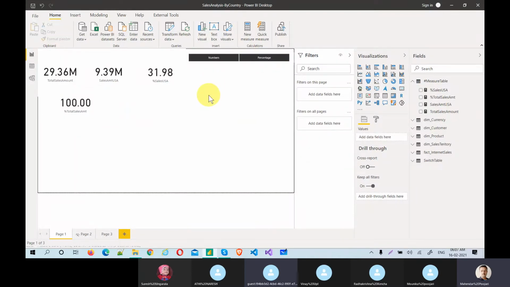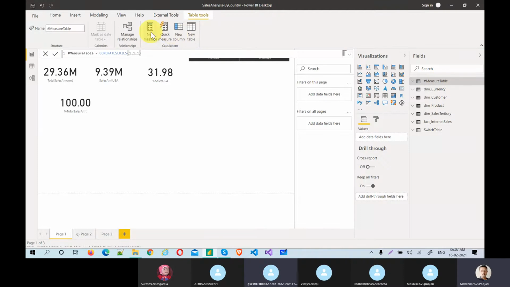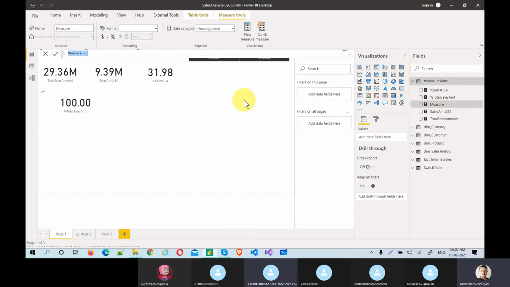Now I want one more measure called selected measure, so that I can select whether number or percentage. For that I am going to create one more measure called selected country. Country is a measure name.